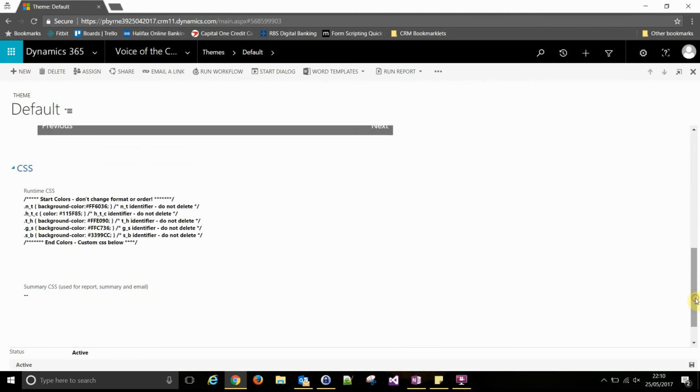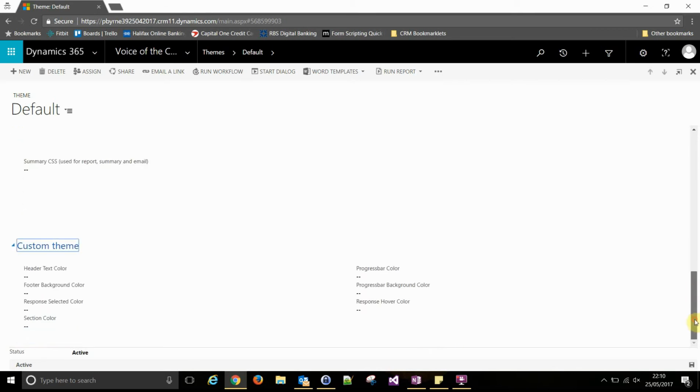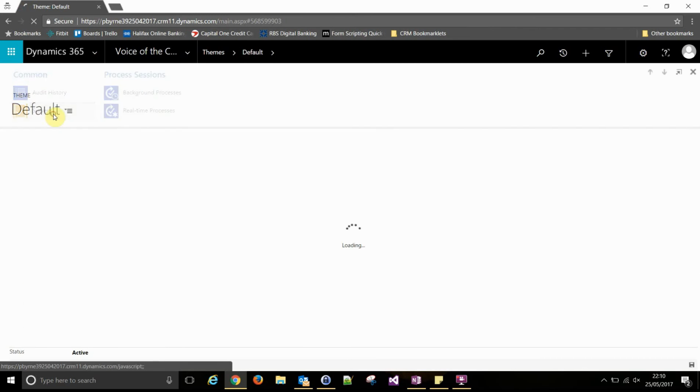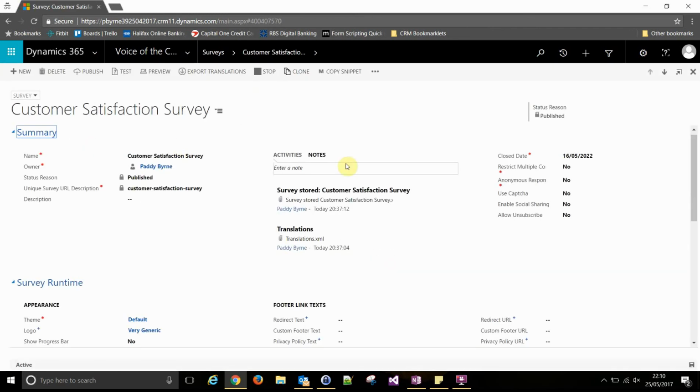Down the bottom you can actually use some CSS, so you can fully customise your theme. If you've got a front-end web designer there, you can get them to do a fully customised theme for your survey, and you can choose the hex colours down here if that's the way you prefer to do it. You can create multiple themes, and different surveys can have different themes. So going back to our survey,